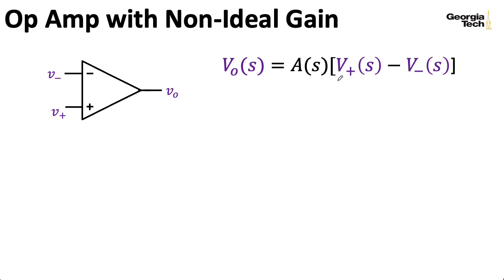So we're going to represent the input voltages to the op-amp and the output voltage in the Laplace domain. And notice here I'm using uppercase letters to represent signals in the Laplace domain and lowercase to represent signals in the time domain. So the usual approximations we make for op-amps have A considered to be infinite across the entire frequency range. Now the quote-unquote true frequency response of the op-amp is probably something immensely complicated, but we usually approximate